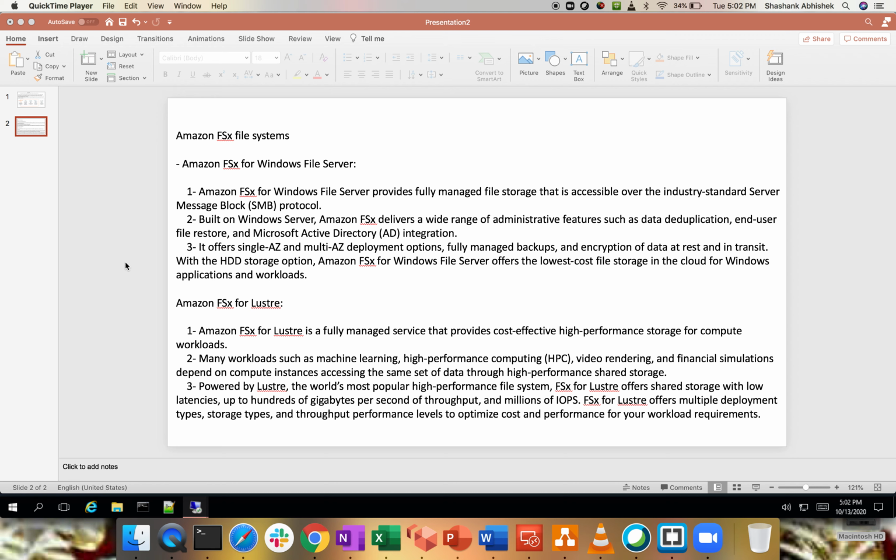Again, for EFS, I have already done a demo long back on a Linux environment. So if you're not aware of Elastic File System, how to configure it, what is the mechanism, what is the funda behind that particular service, please go through that video first to get a clear understanding of the file system.